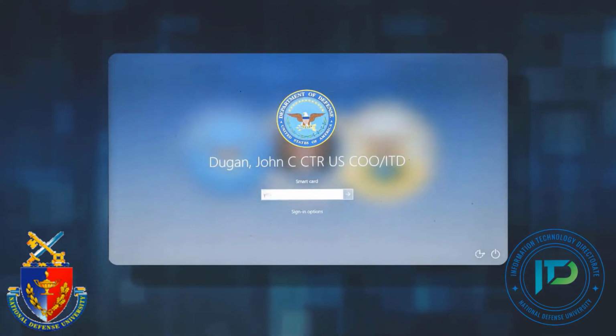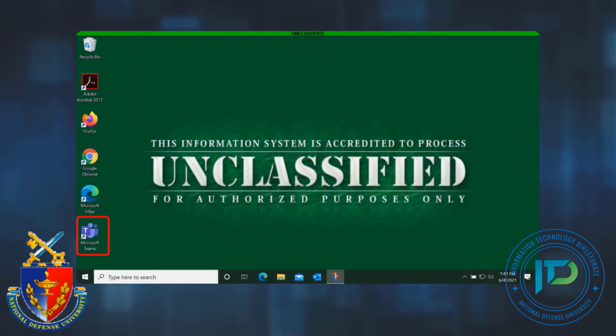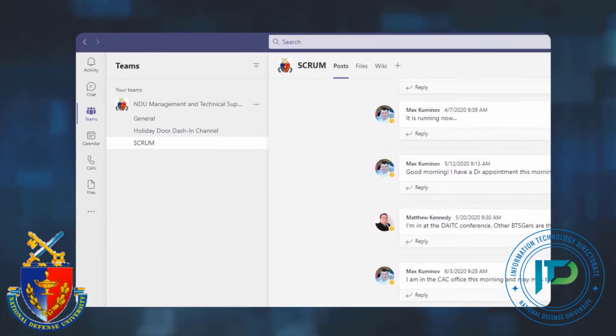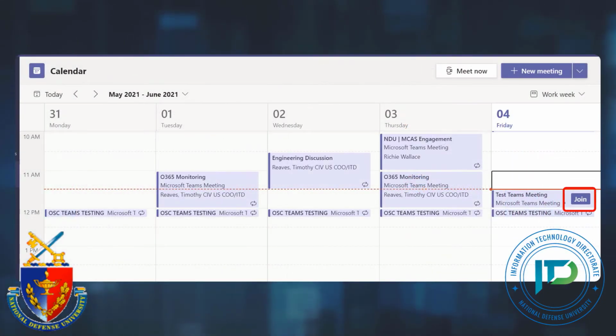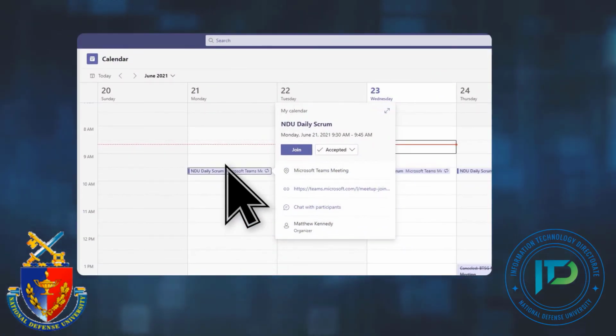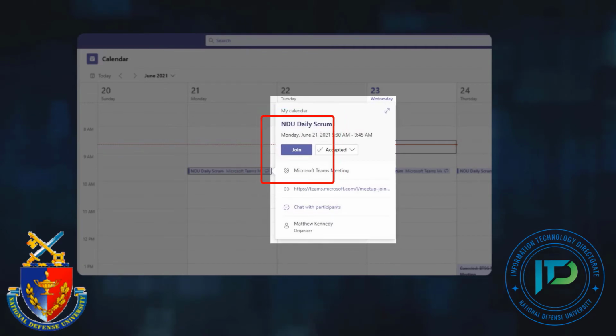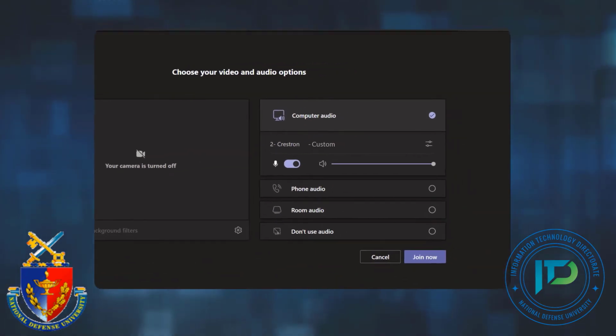The next step is to log in and connect to your TiFlex meeting. Open MS Teams by double-clicking on the Teams icon on the desktop. Select the Calendar view. Select Join for the desired meeting or class. You may need to click the meeting to see meeting details and select Join from this menu. When you select Join, this will open a window to verify device settings prior to actually joining or starting the class. Select the Settings icon next to